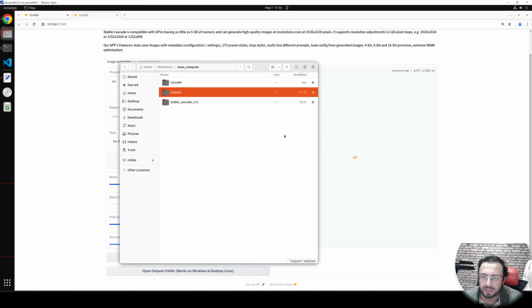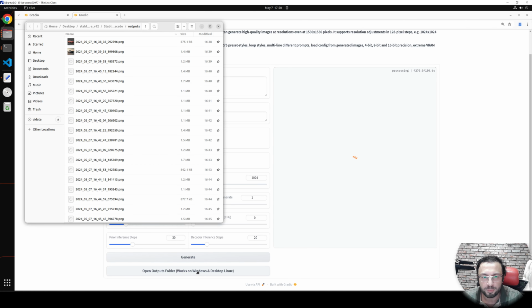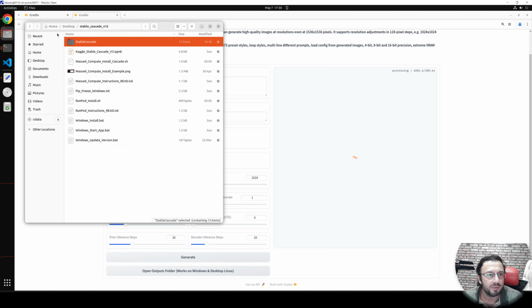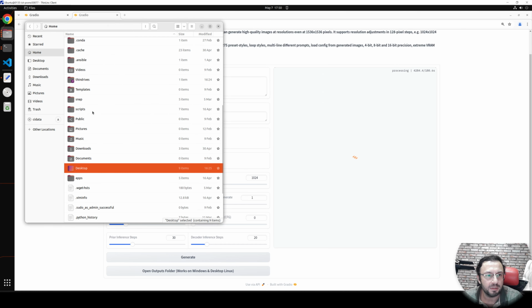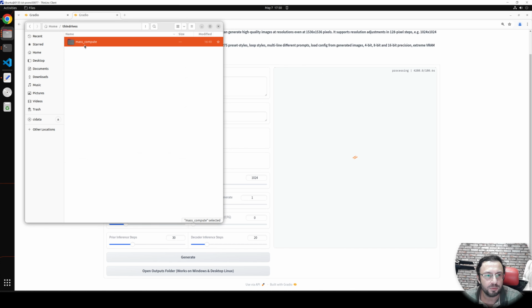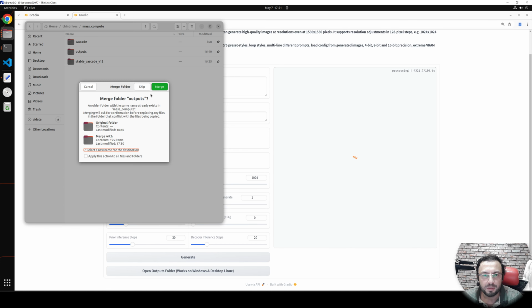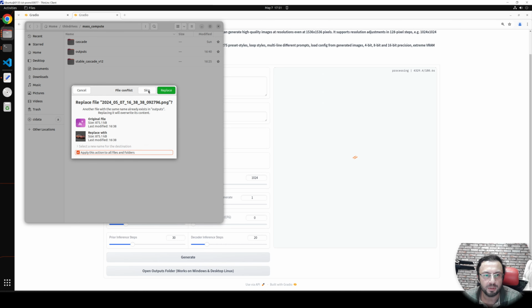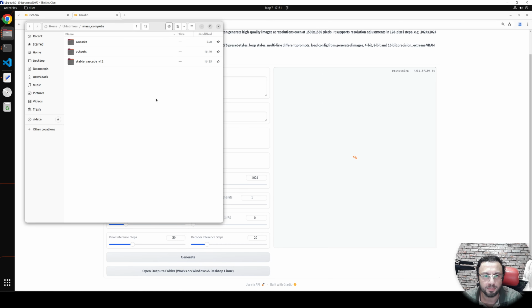So we have learned everything, but before we end this tutorial, I want to show you all of the images generated on Massed Compute so far. So let's open this folder. We already have a lot of images, so let's copy this folder and paste it back into our synchronization folder. Where was it? It was inside the drives, in here, and Massed Compute, and then let's copy paste it. It will ask you skip or merge. I will merge. Okay, I am going to say apply to all and skip because we had copied already previously.